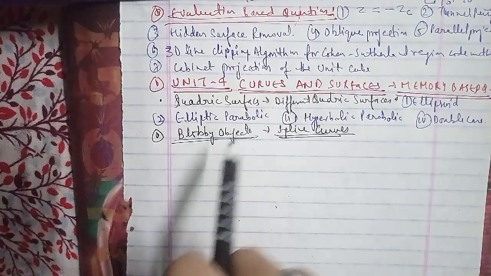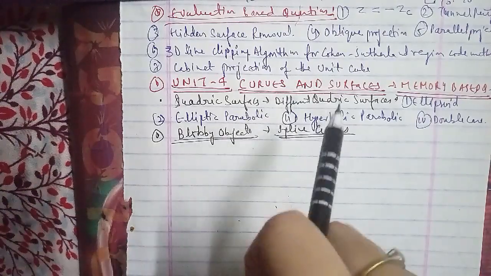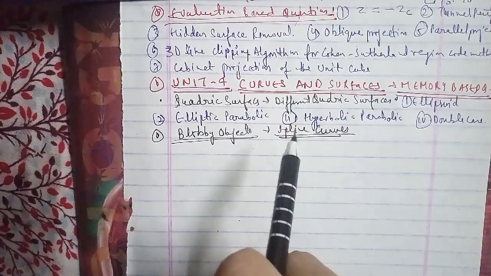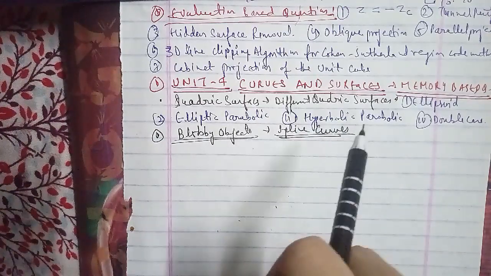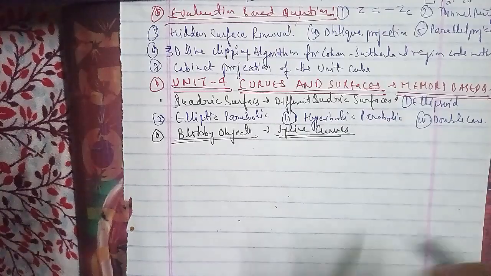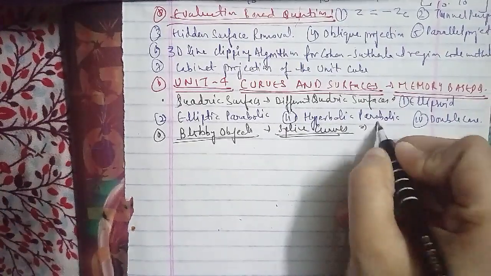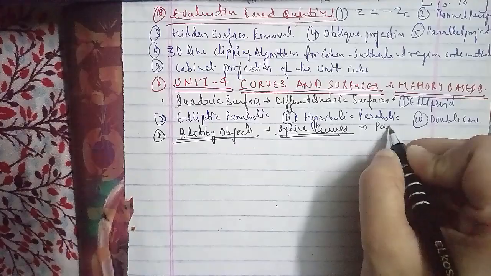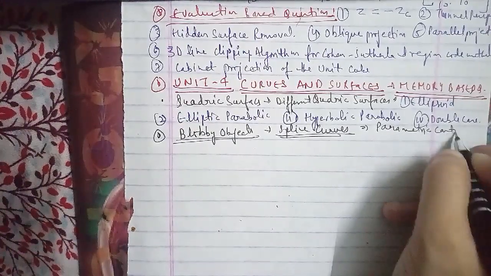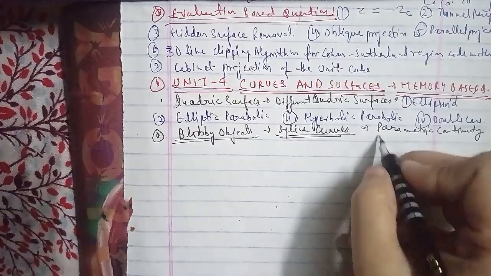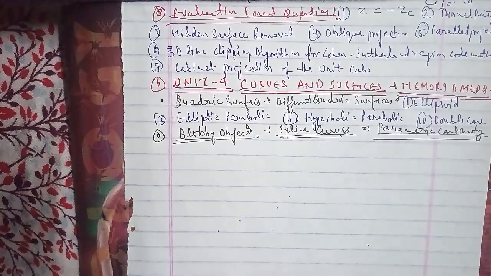The other question: what are the advantages of B-spline curves over Bézier curves? The first advantage is that the degree of the B-spline polynomial can be set independently of the number of control points, and the second is that B-splines allow local control over the shape of the spline curve or surface.